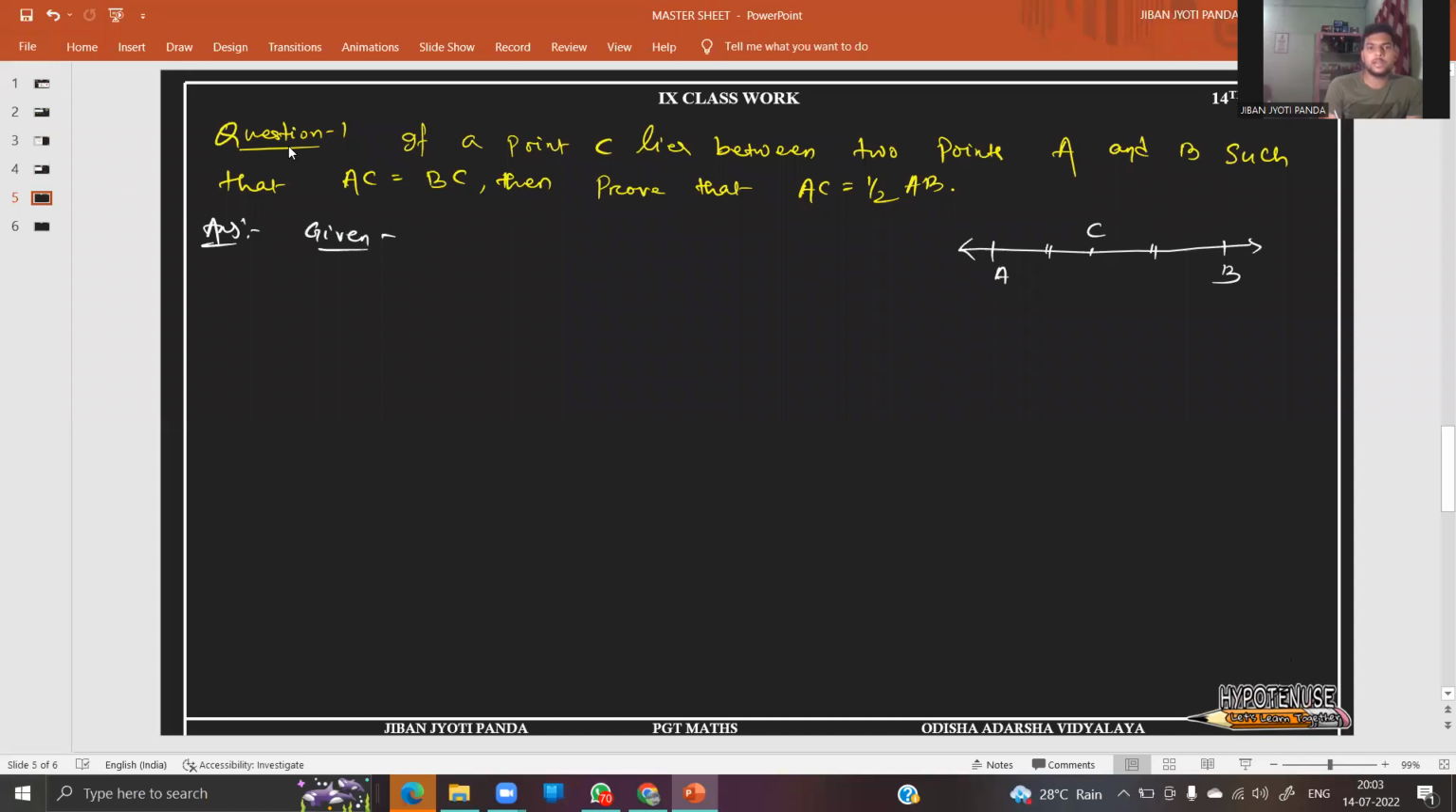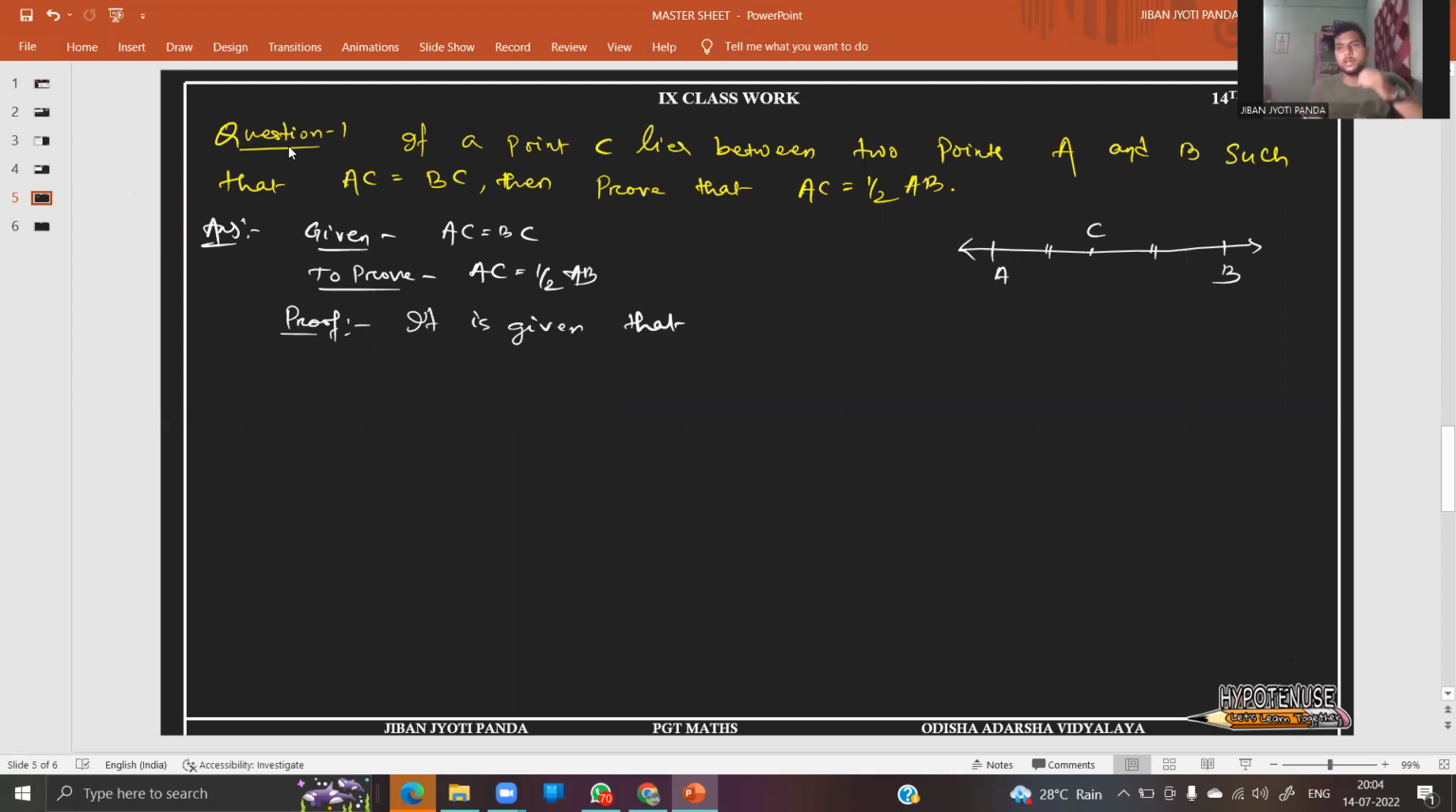हमारे पास है, AC is equal to BC. क्या हमको प्रूफ करना है? To prove कि AC is equal to half AB. Okay, so let us go for proof. So it is given that